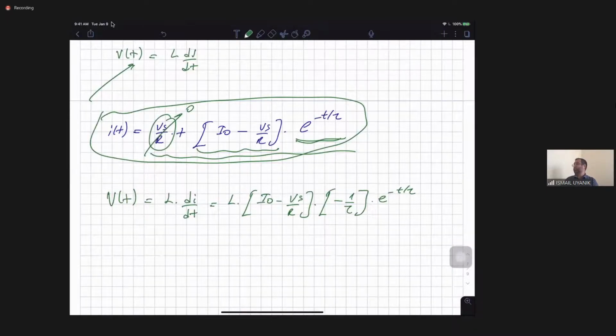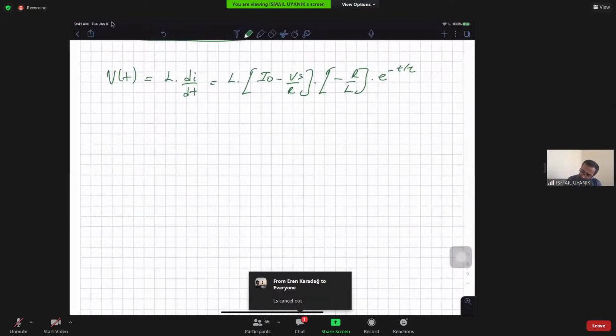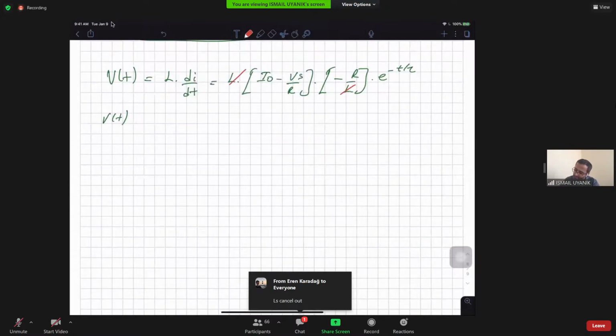Let me check if there are any issues. Can you check this calculation? So tau is L over R. So basically I can just change this to R over L, I think. And of course we can simplify this again, right? I don't know what kind of simplifications we can do, but let me see if there is anything I can do here. Okay, that will simplify. Actually, there are many simplifications we can do here. So L will cancel that one, right? So our v of t will be